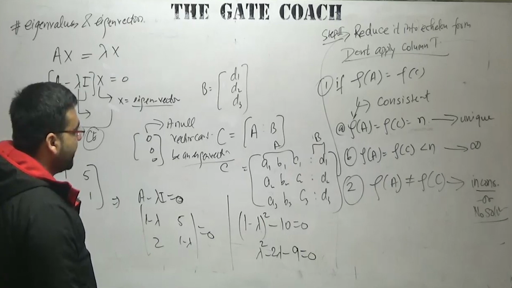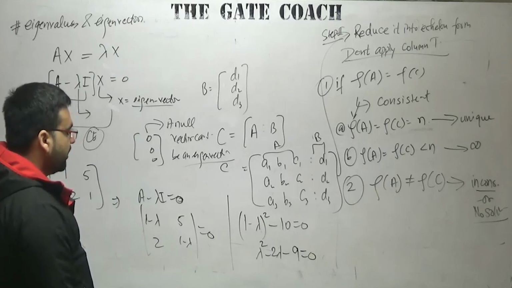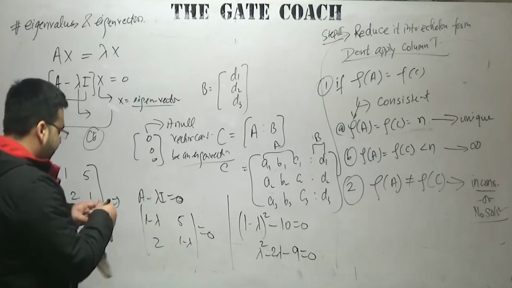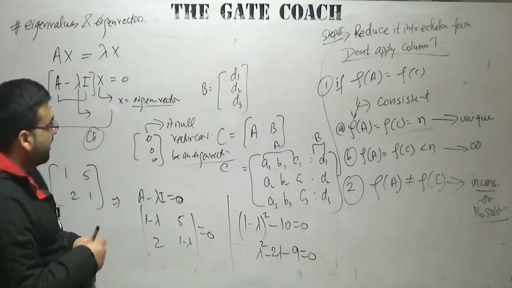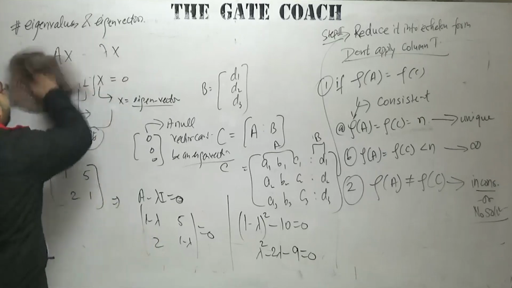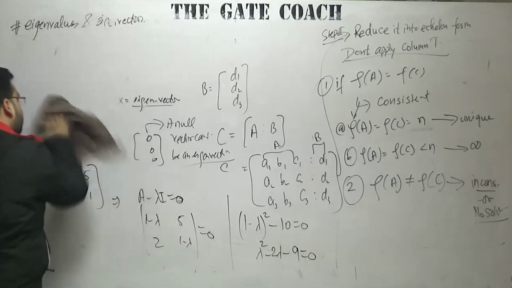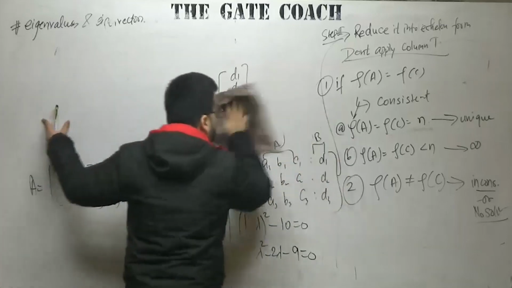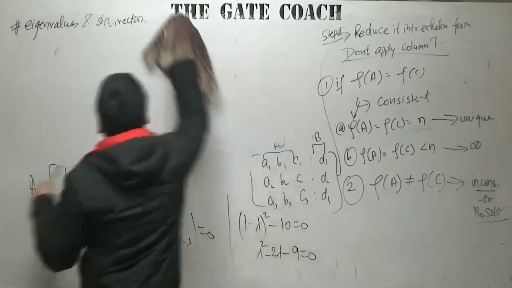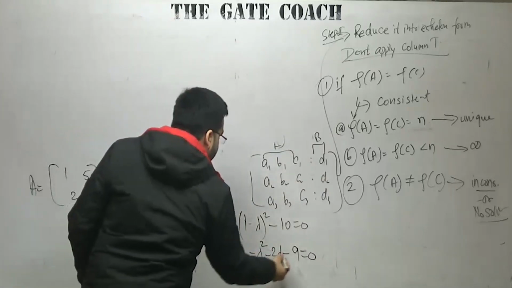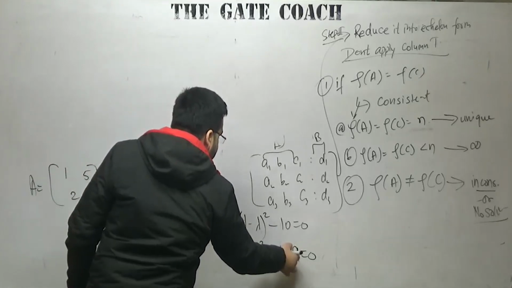Then we have to go with b square minus 4ac. So b square is 4. So under root of 32, obviously it will be some irrational value, right? So let me take one known question, because I don't want to make any irrational thing here, because I want to just make a quick revision of it. Let me take some other matrix. Because this is a random matrix which I had taken, that is why I am getting an imaginary value here.